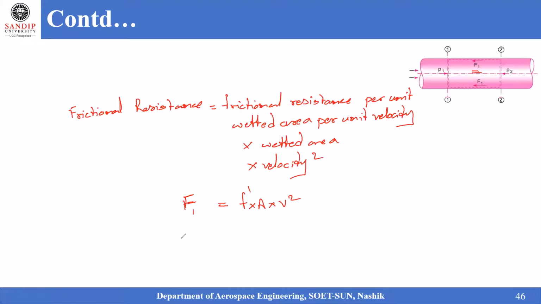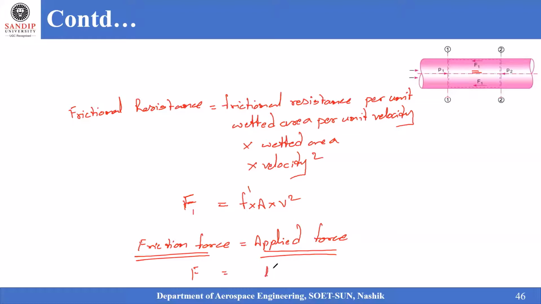But generally when we are talking about the friction force, the friction force is exactly equivalent to the applied force under equilibrium conditions. So this is what your general physics you might have studied, that frictional force is equal to applied force. So that means when you are writing it, F is equal to mu into AP, where F into AP is the applied force and F is actually the frictional force, and mu is the viscosity coefficient.